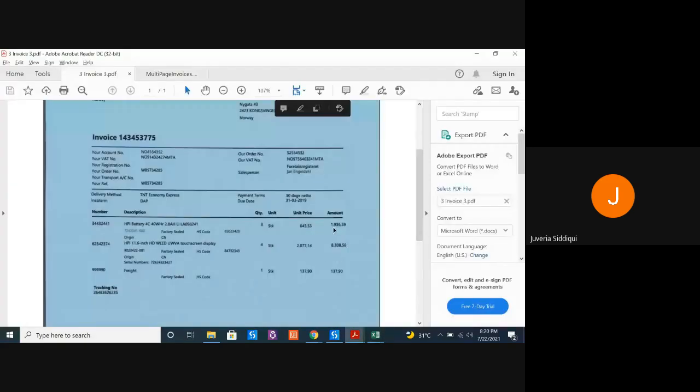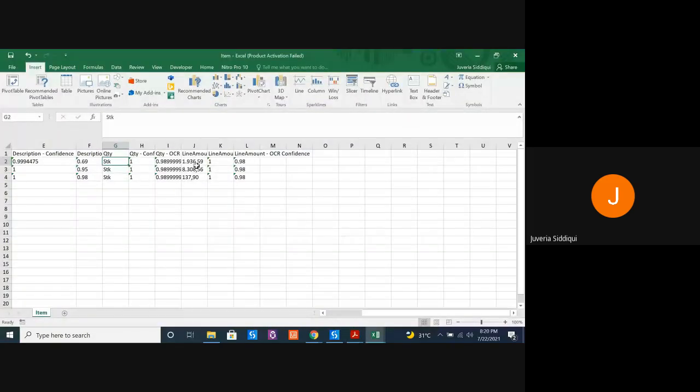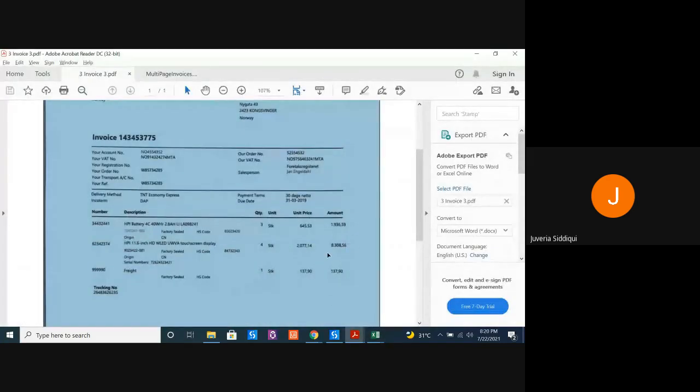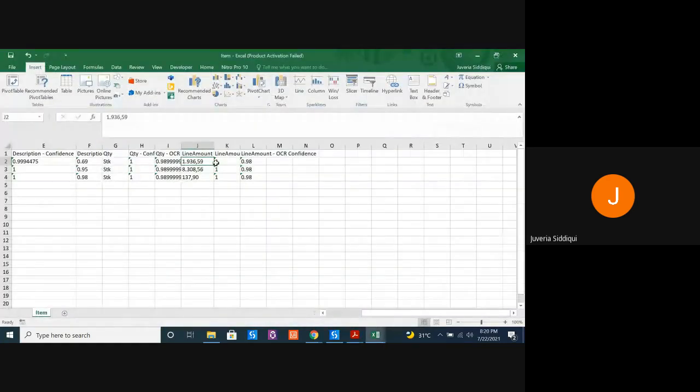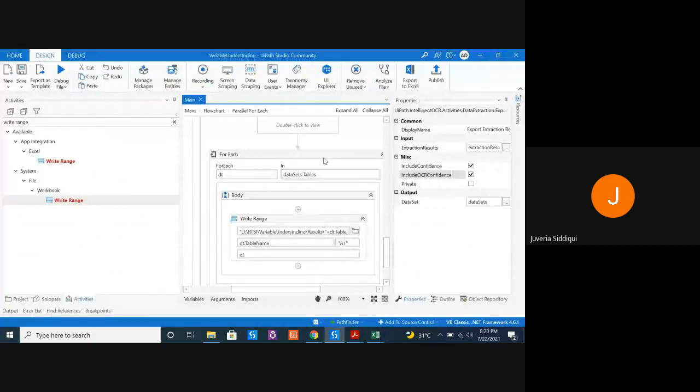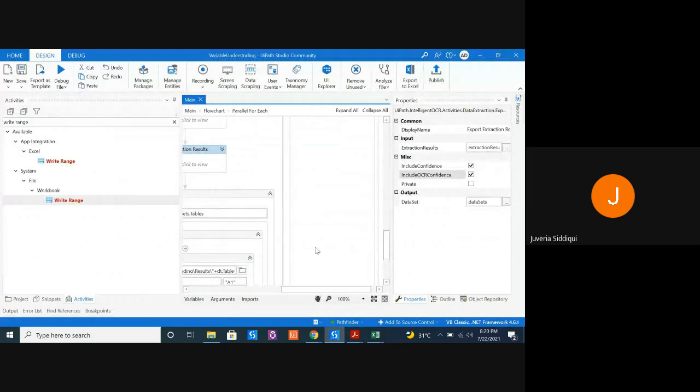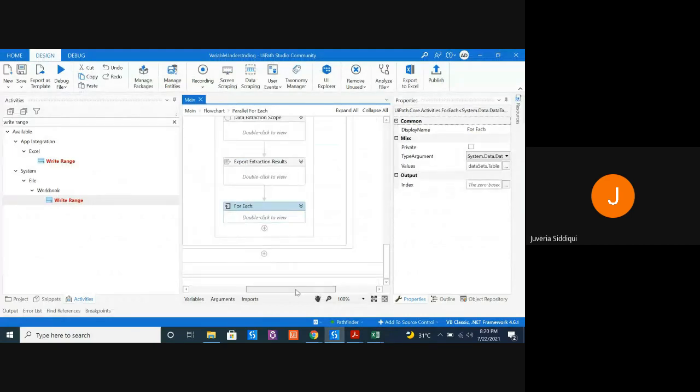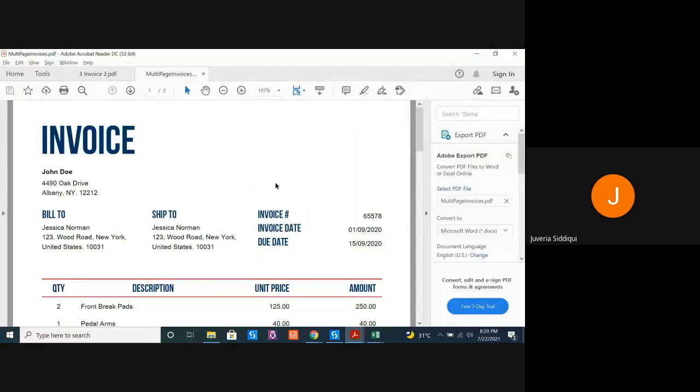We got the unit price, and the line amount. For each of the values, it has extracted it perfectly. Now, let's go back and train our document on this. Okay, one more thing. Let me rerun this because we did not see the result from this particular invoice, right?